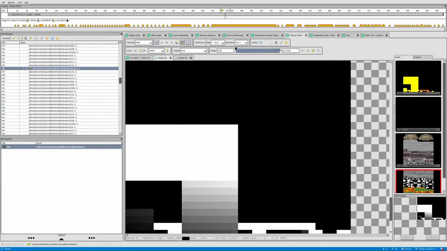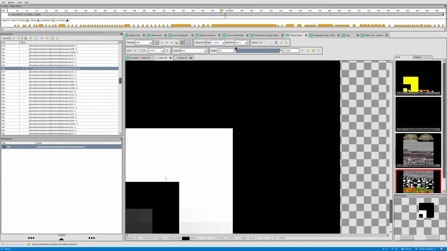And when you go down a mip-map level, now it's a 256 by 256, and then you're going down another mip-map level, and it's a 128 by 128. And if you look at the value,